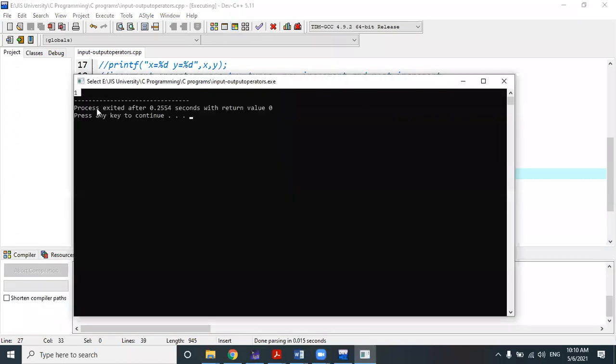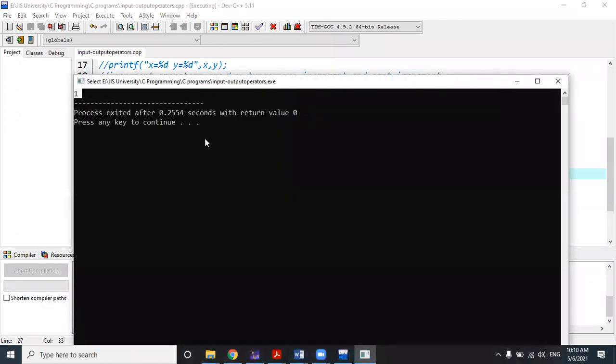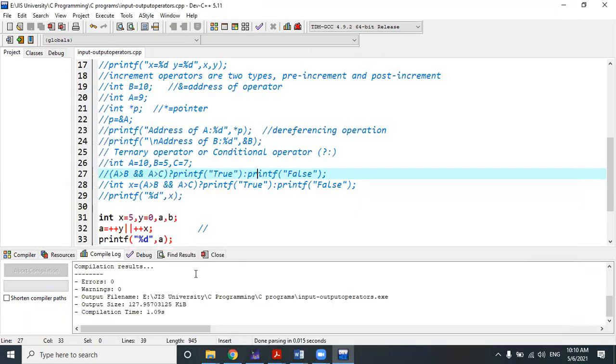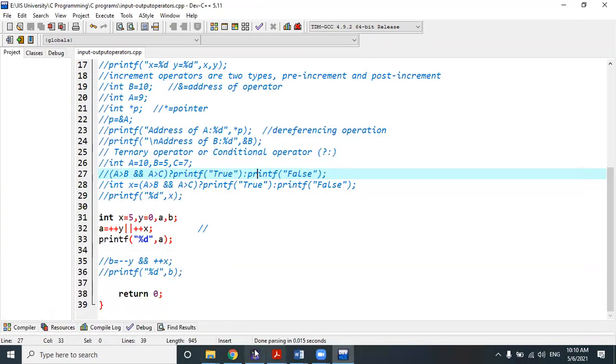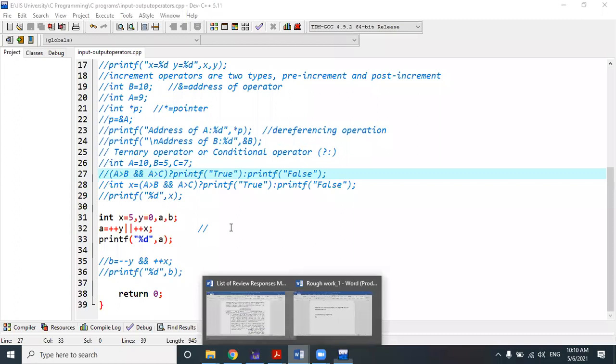So the output of a that you received here is 1, not 0. How does it come?